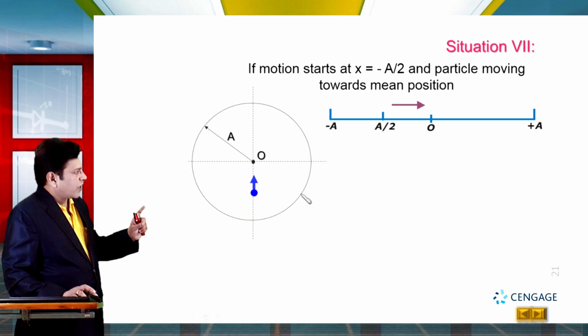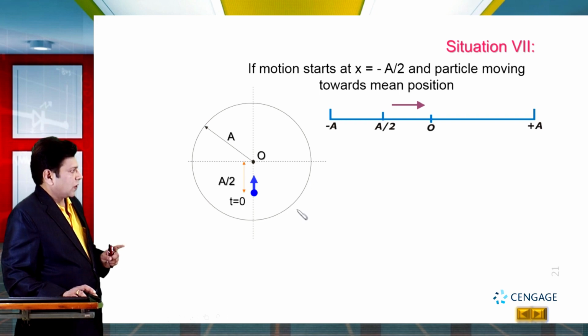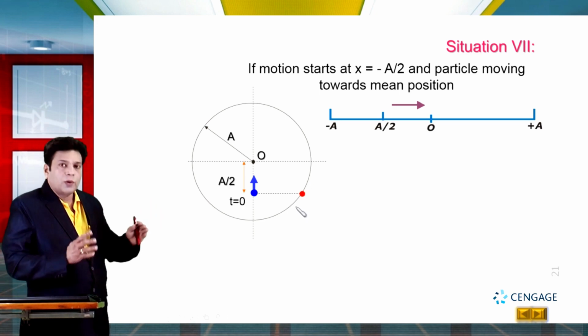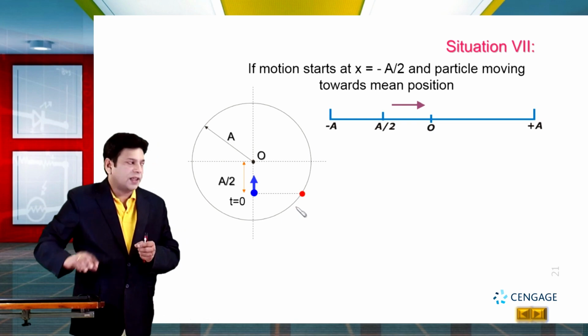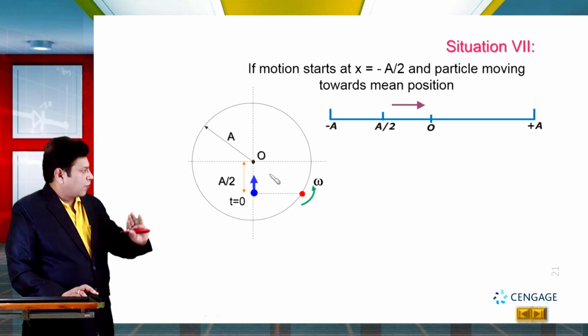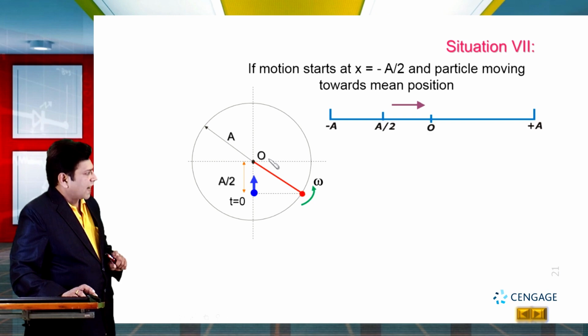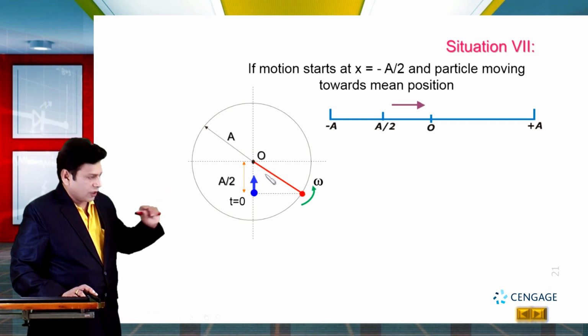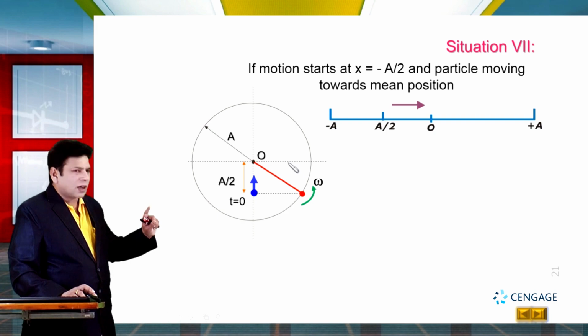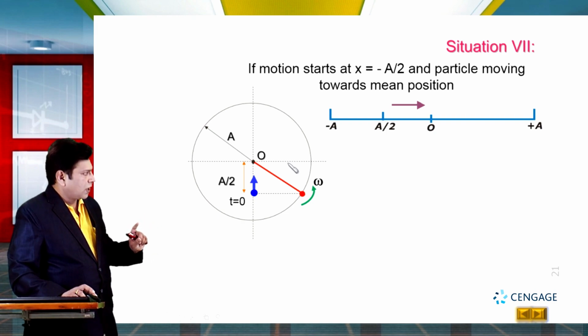That means the corresponding position should be on this side here, and we know the particle rotates in the counterclockwise sense with the constant angular velocity omega. For finding the initial phase, we need to join that red dot from the center like this. Now we can say if we measure angle from the positive x direction and move in the counterclockwise sense, you can follow the tip of my pen, this is the angle of the initial phase. But we can do one more thing. We can measure the angle in the clockwise sense also from the positive x direction like this.